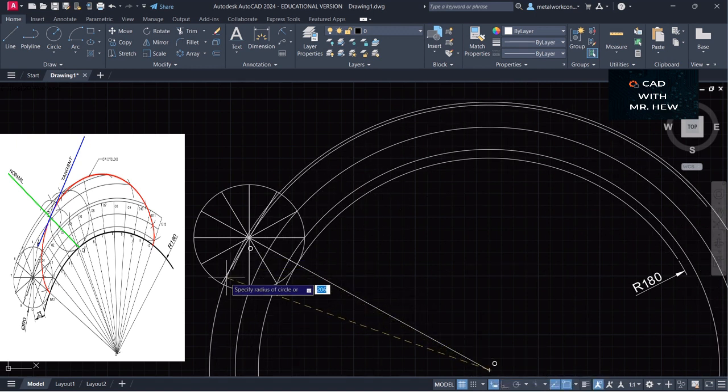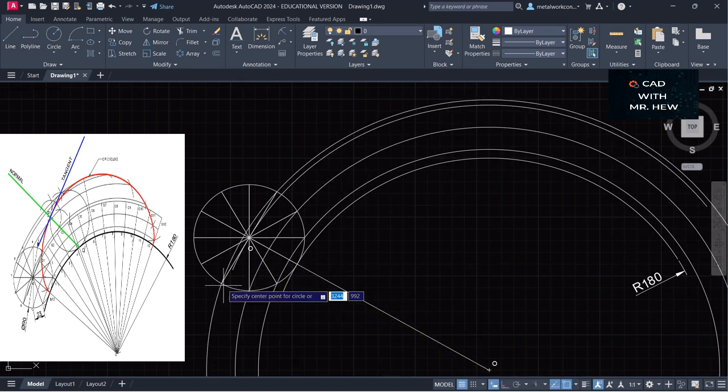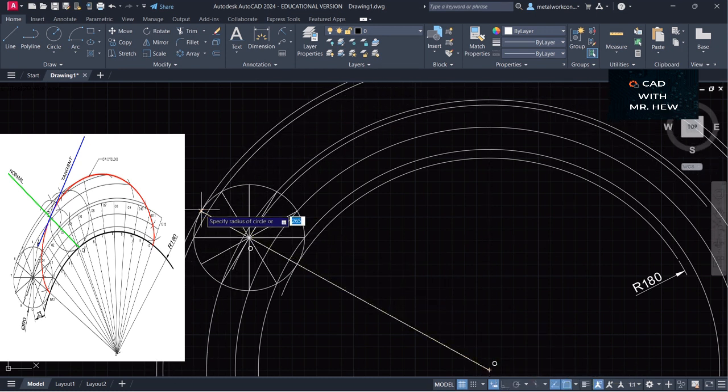Center, radius, enter. Center, radius, circle, center, radius, enter, center, radius, enter. What we're going to do now,